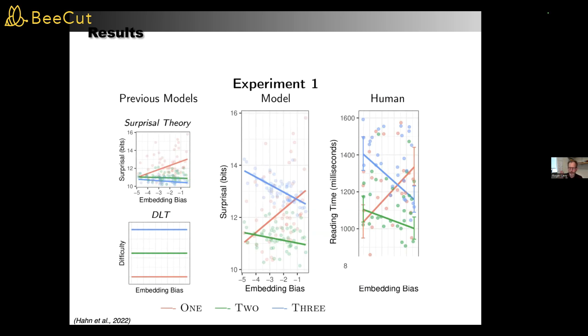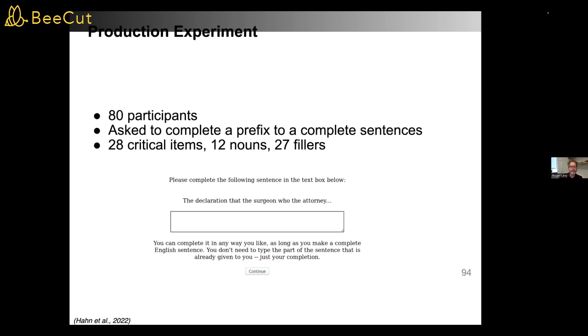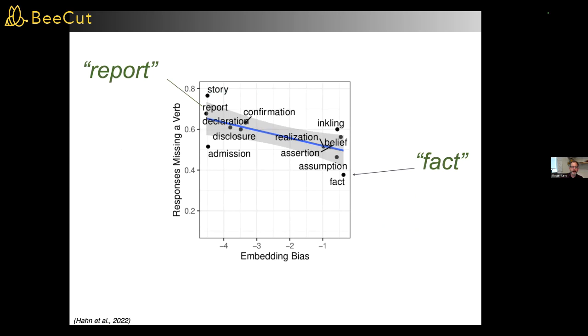Okay, so when we actually noisify GPT-2 by making its retention probabilities worse, we also get similar and more nuanced results for an experiment that also manipulates the verb semantics. Okay, and we even see this in language production, where basically we have a conceptual prediction that people are worse at completing these partial sentences. Like these examples that I showed you that language models do incredibly well on, people are worse at those when the embedding bias is low and better at them when the embedding bias is high.